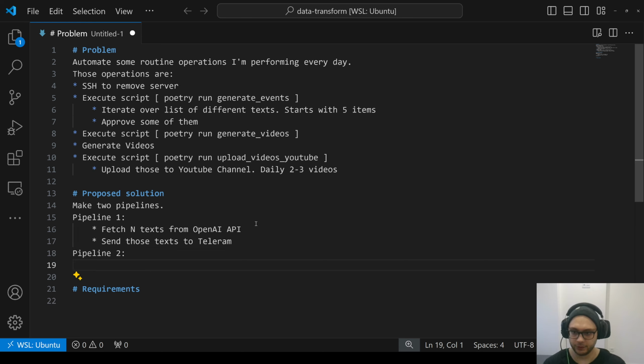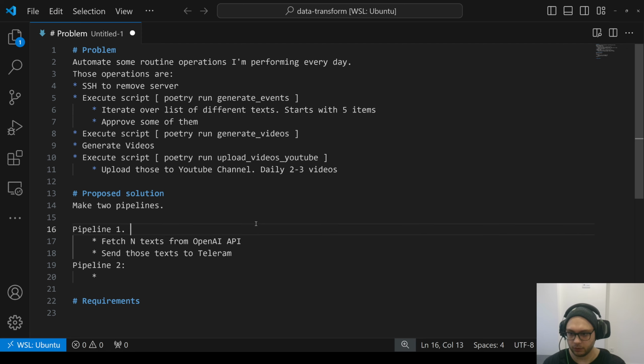Pipeline 2. That pipeline must execute. Obviously, both of those pipelines. Make the pipelines first. This one must execute daily. Let's call it at 7 AM local time. Execute every minute until